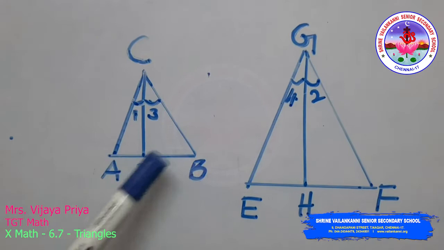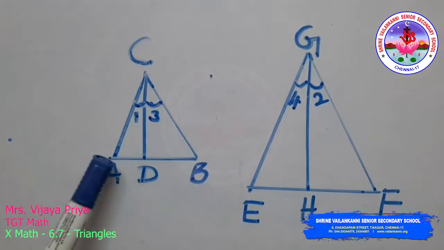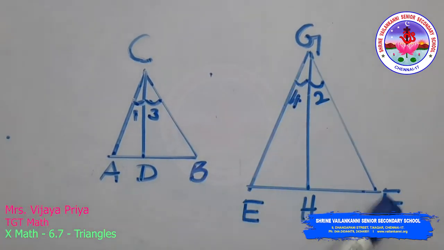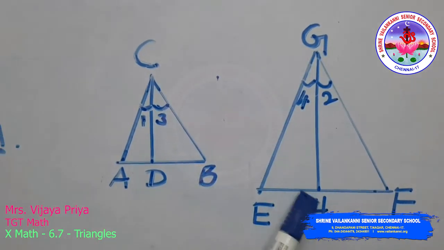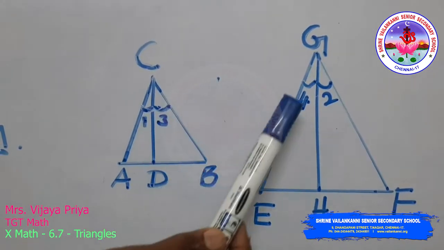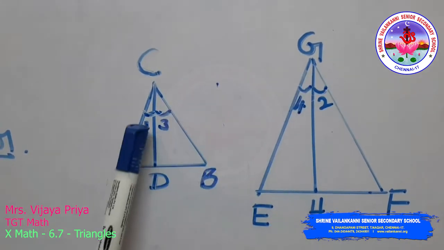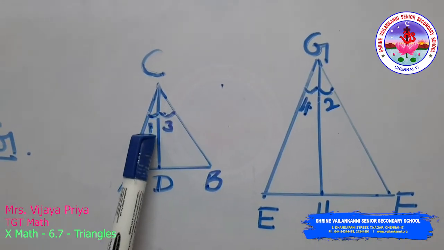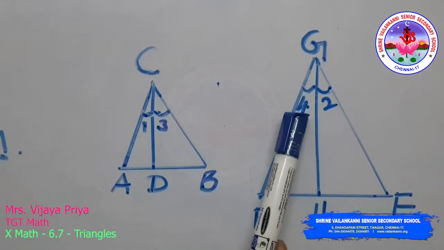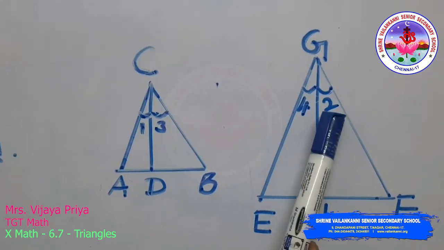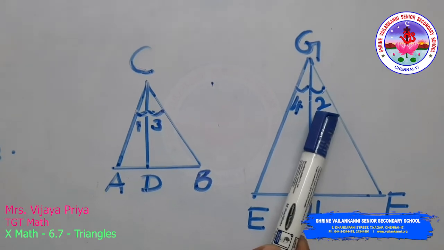He has given the figure, triangle ABC and triangle FEG, where CD and GH are the bisectors of angle C and angle G. I am marking half of my angle C as 1 and the other half as 3, and half of angle G as 4 and the other half as 2. Now going into the problem,